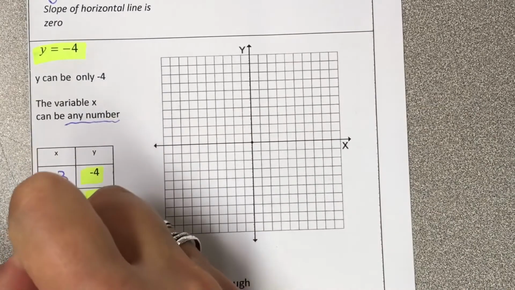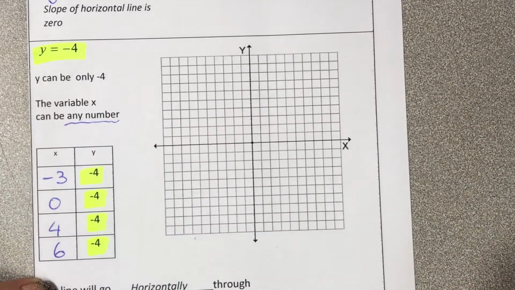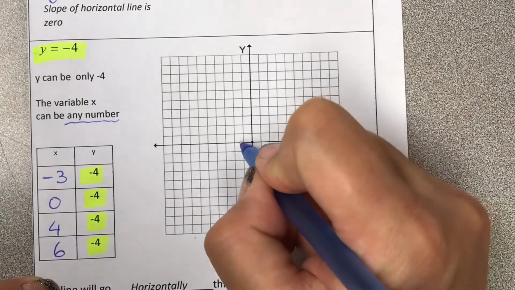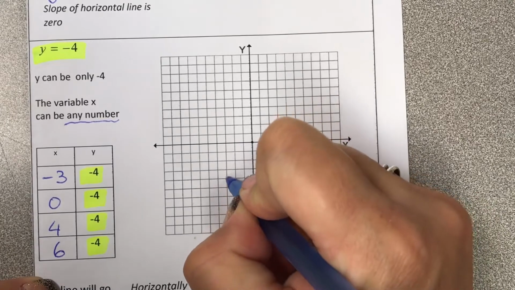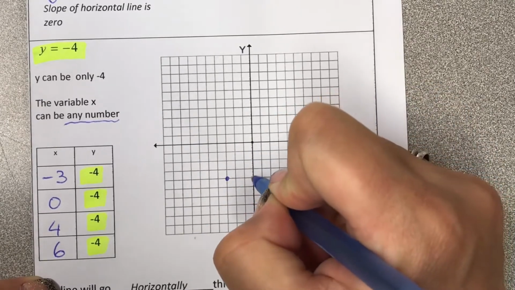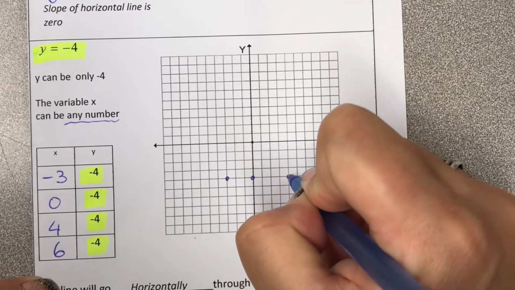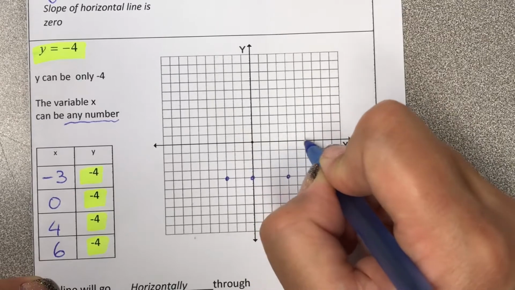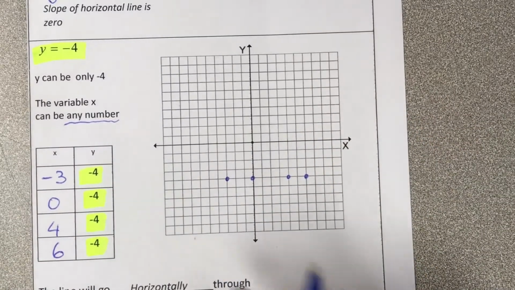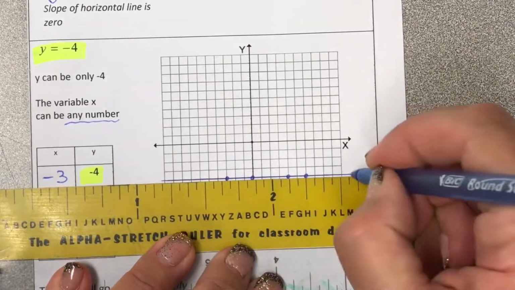Let's say -3, 0, 4, 6, and plot to see what happens. -3, -4 will be -3 down 4, 0, -4, 4, -4, and 6, -4 are showing as a horizontal line,